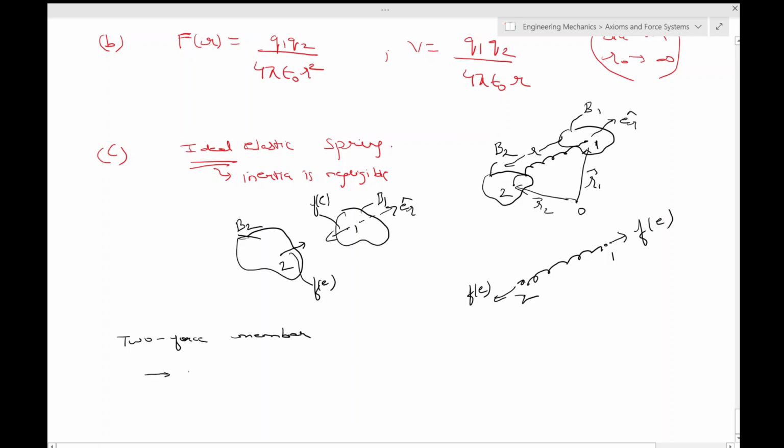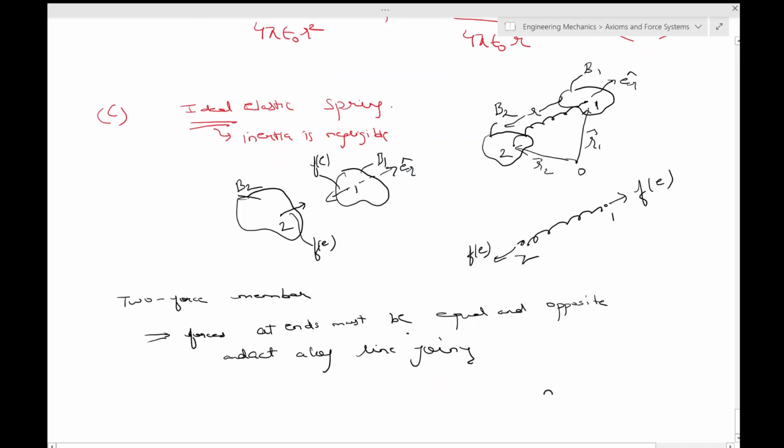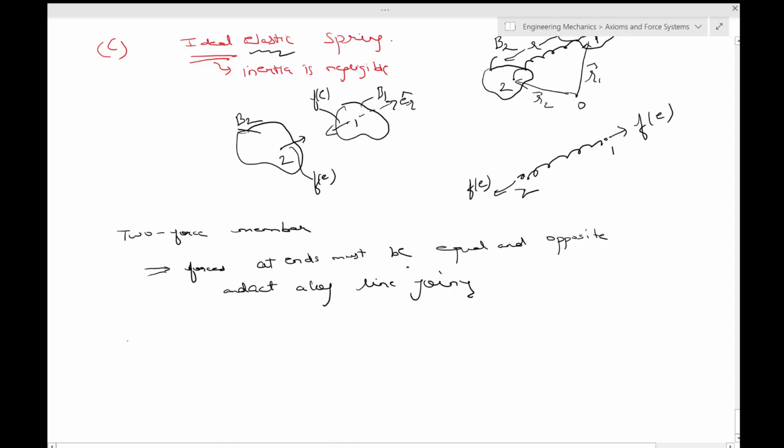Okay, so the forces at ends must be equal and opposite only if it's an inertia-less spring, ideal spring, okay, and act along the line joining, which is ER. When we say an elastic spring, it means that if you remove the end loads, it will come back to its original undeformed state. So if L0 is the unstretched length,